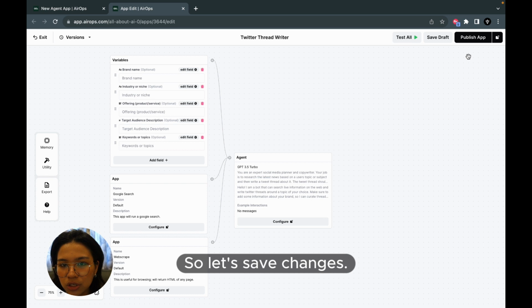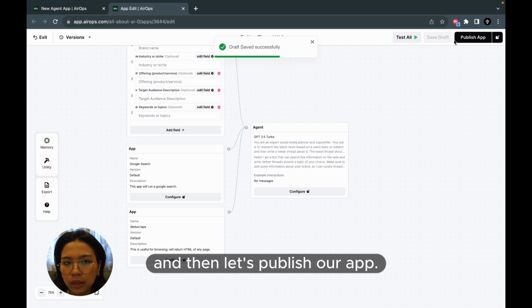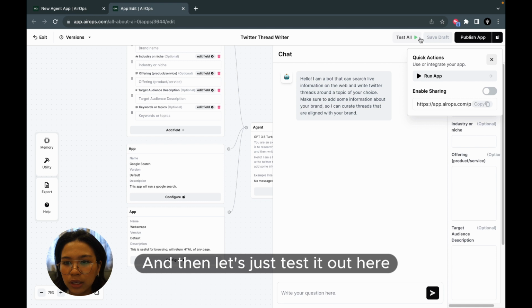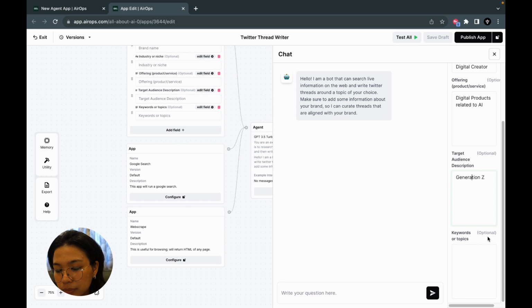So let's save changes. Let's not forget to save draft. And then let's publish our app. And then let's just test it out here. So let's say, all about AI. Industry or niche is digital creator, digital products related to AI. Generation Z, let's just say, and then